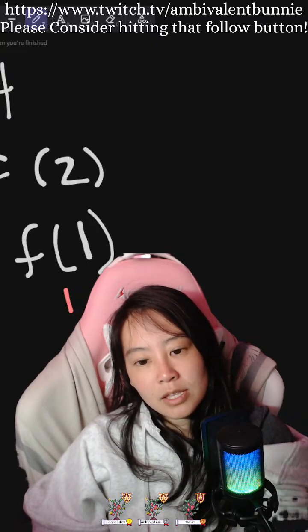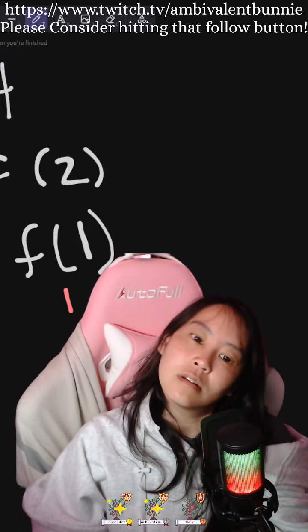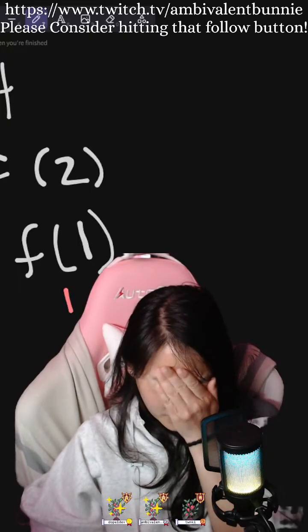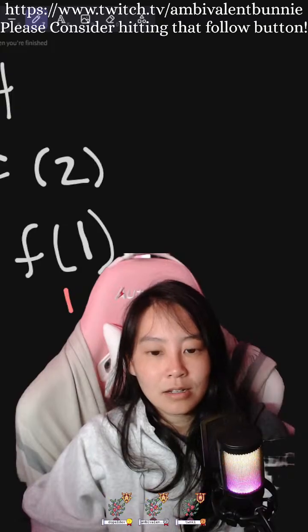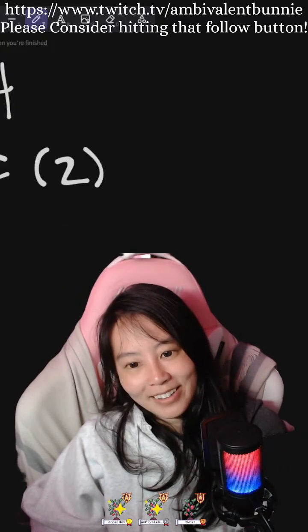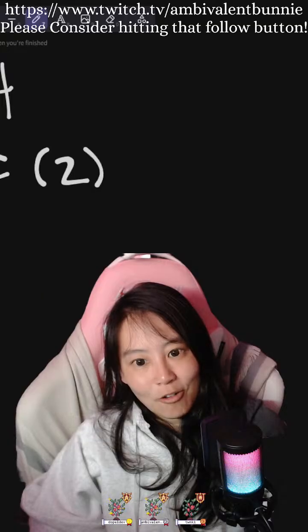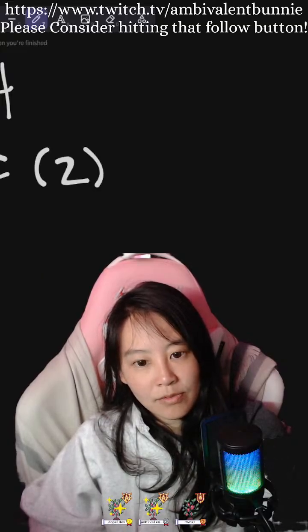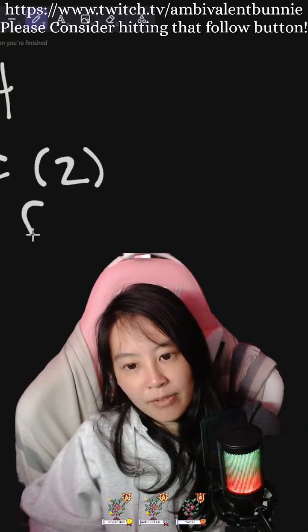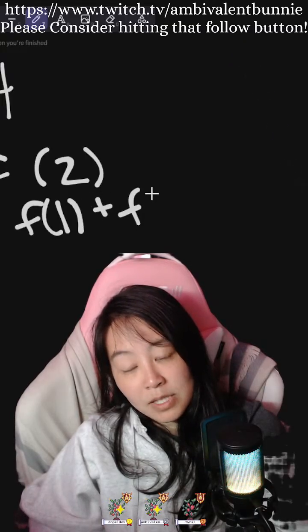Recursively, this equals fib of 2 plus fib of 1, and this would be fib of 1 plus fib of 0.